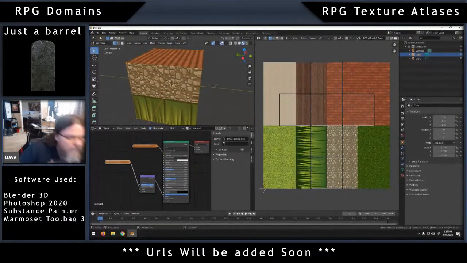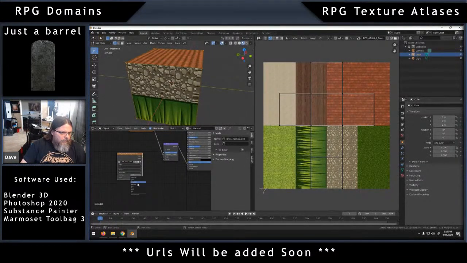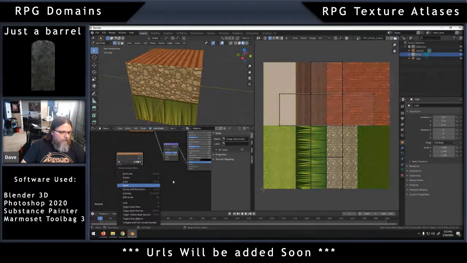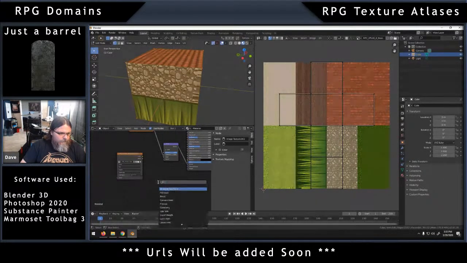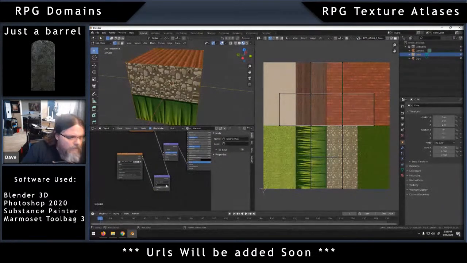See it? Looks pretty neat. And I'm going to bring in the normal map. And this will be non-color. Normal map. This guy right here. And then we get to